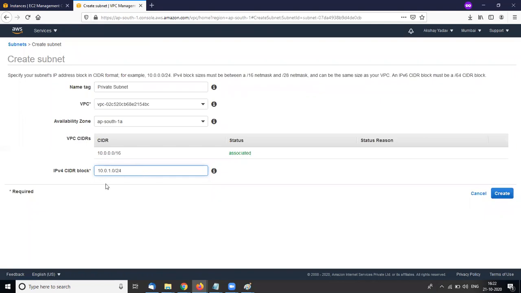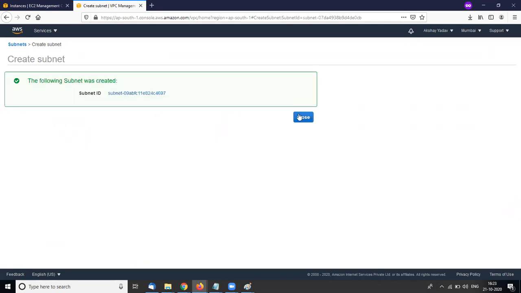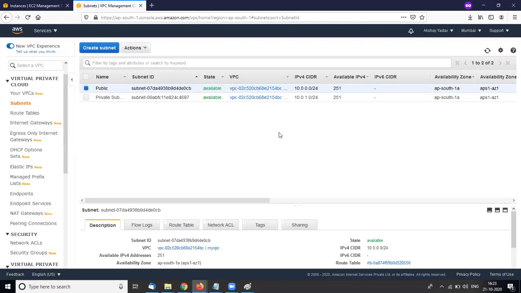That means any IP with the same three digits of the series can access my private network. Create. So my private subnet is created.